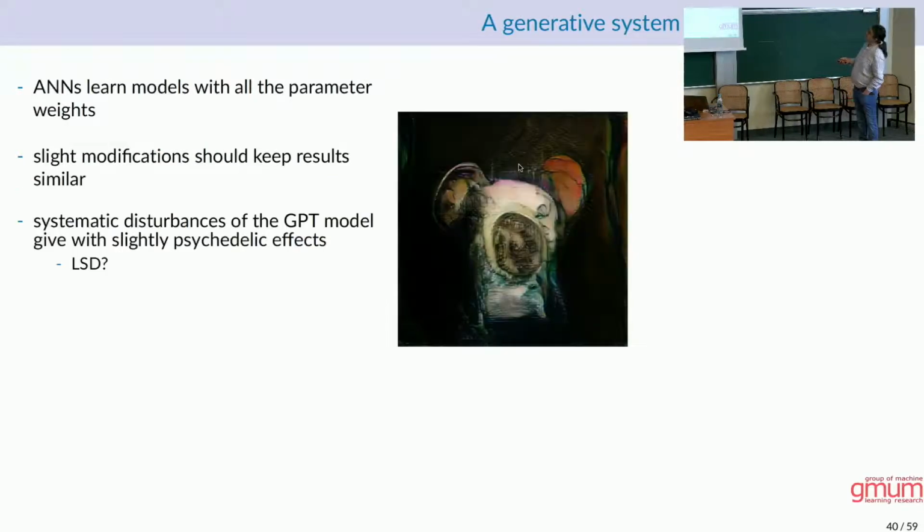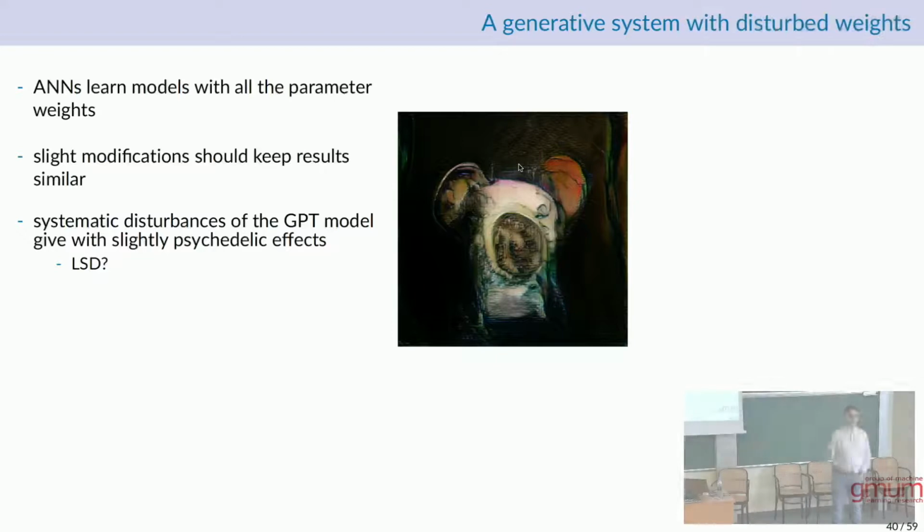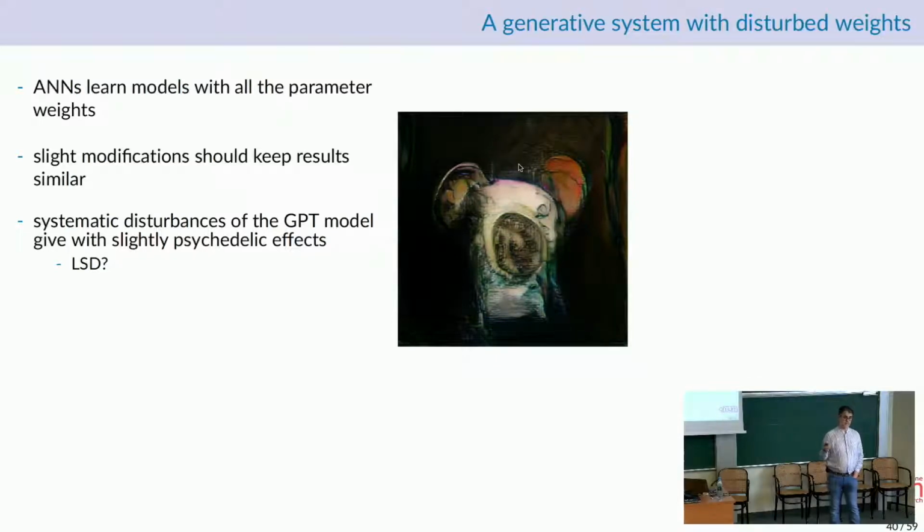But then we can think of disturbing the weights of such a system. A friend of ours, Romek Janik, has done it on the open model GPT-2, with systematic disturbances of all the weights in a given way. He, for example, added some sinusoid function noise to the weights. Similar. And then giving a set of